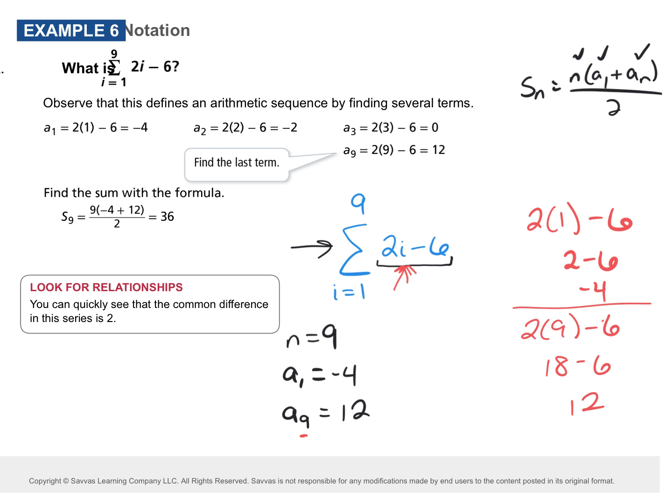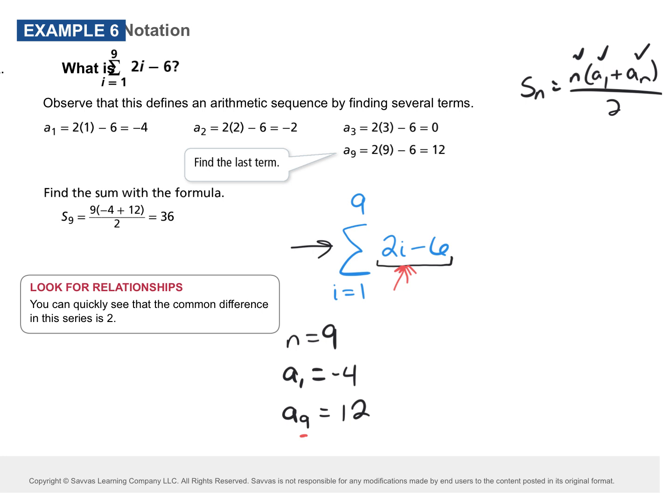Okay? So now we found all of our pieces. Now we can find the sum, correct? Yes? So now we can use this formula up here. So what was n? 9. 9, a1, negative 4,